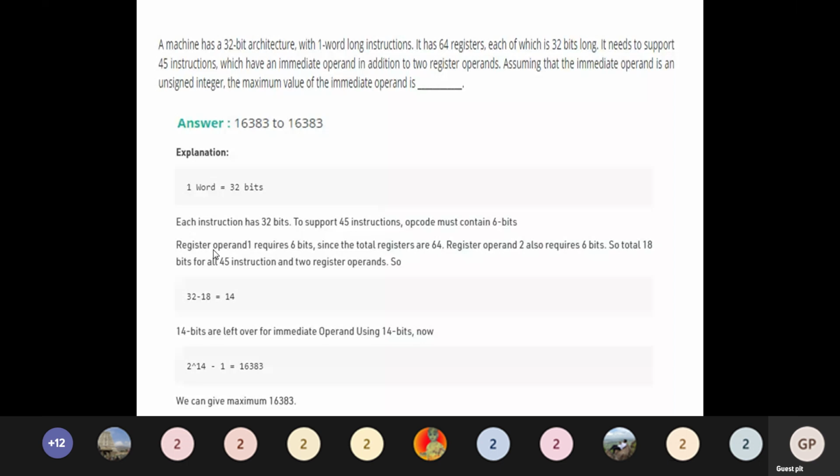So on the whole you need 18 bits: 6 bits for the opcode, 6 bits for operand 1, and 6 bits for operand 2. Total 18 bits is required for all the 45 instructions.